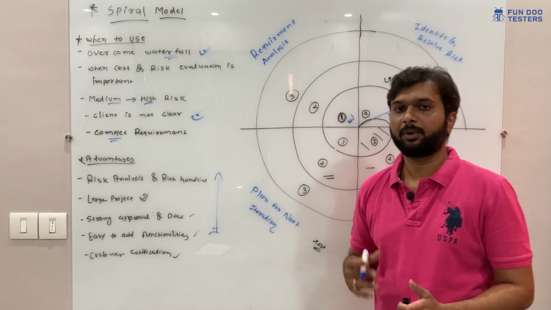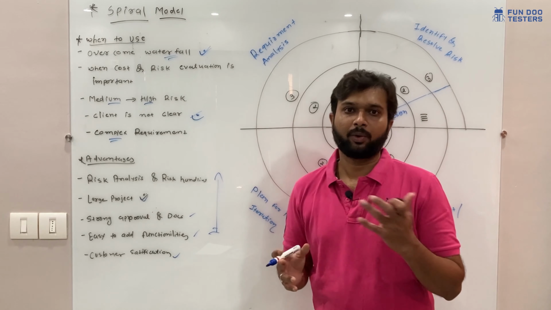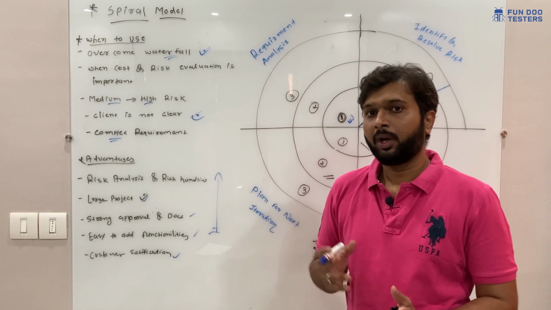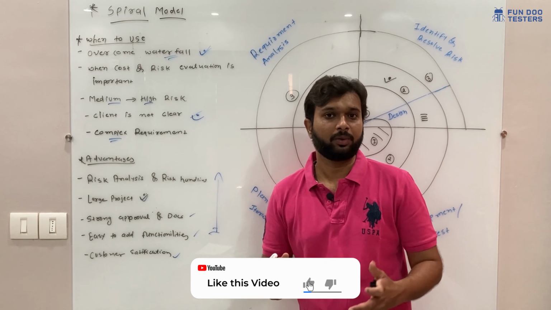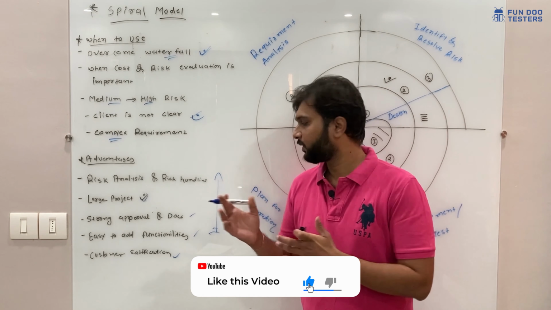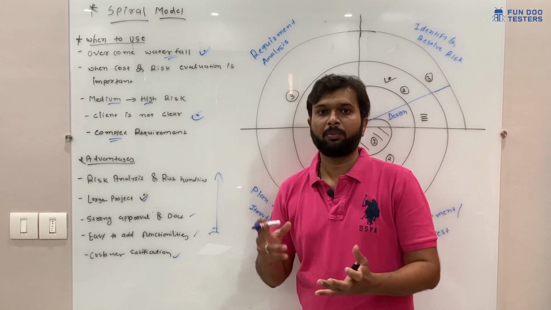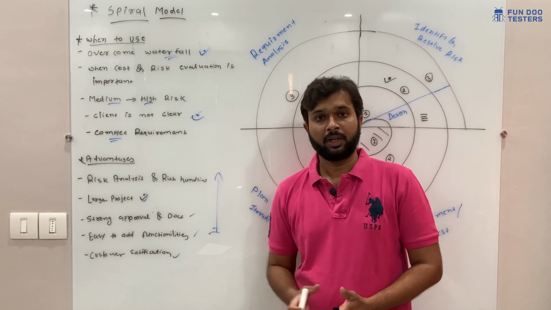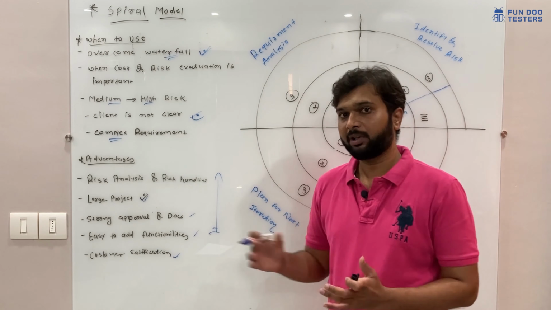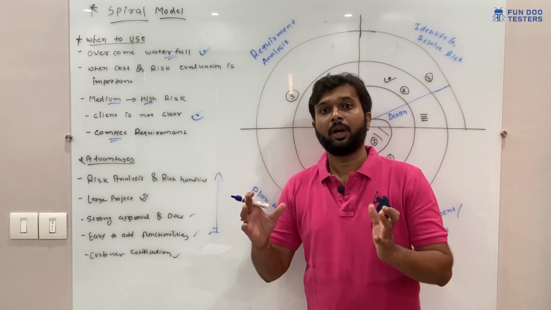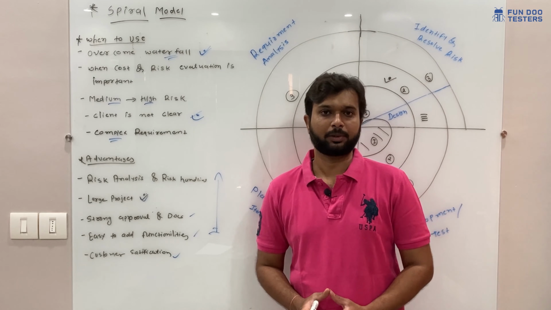What happens if the customer wants to add new functionality? In simple terms, if we purchase a new t-shirt or jeans and we are not satisfied with that product, we will return it. But this is software, a big chunk of application. So definitely after 2 or 3 months they will come up with a new suggestion and we can easily adapt here. So the customer will be satisfied with the product, process and model. This is the main aim of the spiral model.